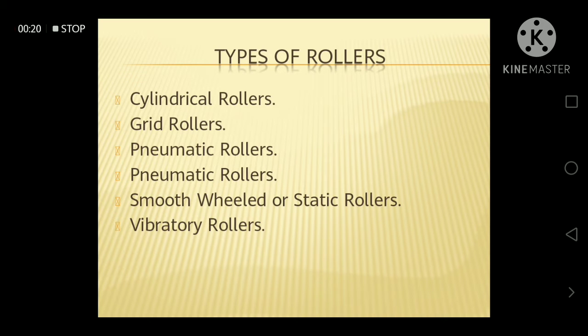Then, pneumatic roller. In this pneumatic tired roller, its weight plays an important role while compacting soil with the help of kneading and vibrating. In this type of roller, rolling compaction is due to its tired wheel. Then vibratory rollers. Vibratory rollers are the recent development for compacting dry and lean concrete.